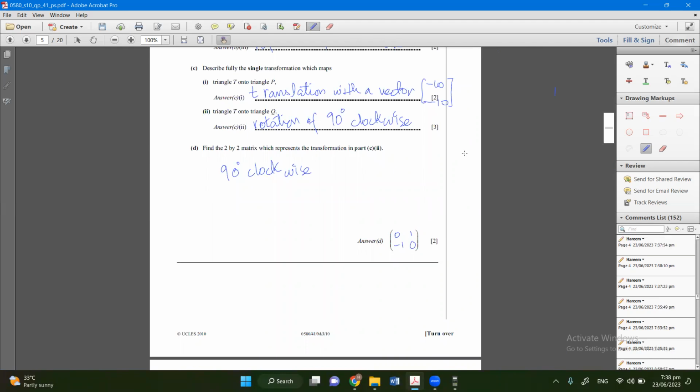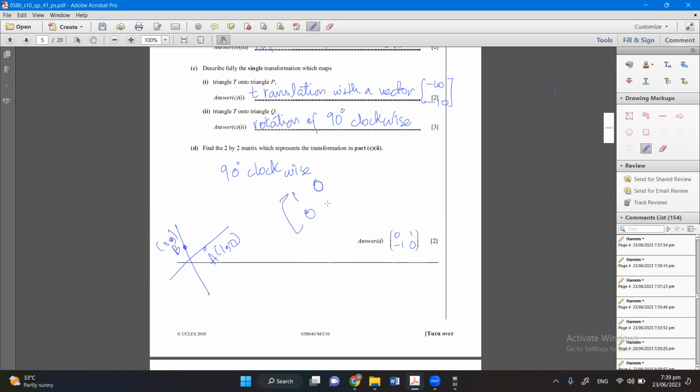ऑलवेज रिमेंबर दैट अगर आपको कोई भी ट्रांसफॉर्मेशन मैट्रिक्स निकालने का बोला गया है ना, ऑलवेज यूज द standard form of the transformation matrix, and always the standard form of the transformation matrix is this: draw a grid and consider this is a point B, this is point A, it's 1 0 and it's 0 1. Now anything you are assuming for it, like I am saying that it's 90 degree clockwise rotation, so do this on these, write a small grid on just the side of your paper or any rough paper and do this कि अगर मैं इसको 90 degree clockwise rotate करूंगी तो इसको भी करूंगी, so the new coordinates will be whatever the new coordinates are, our transformation matrix is this।